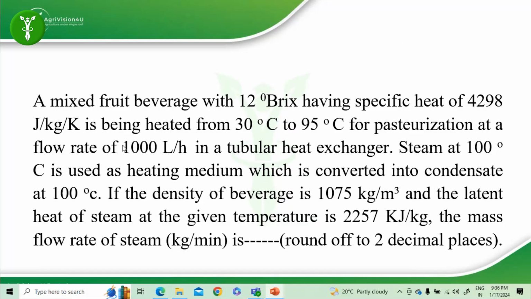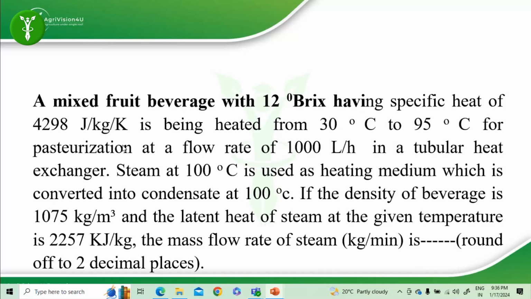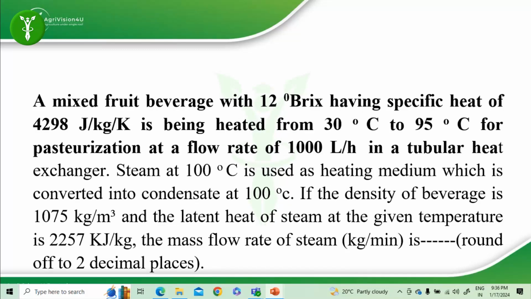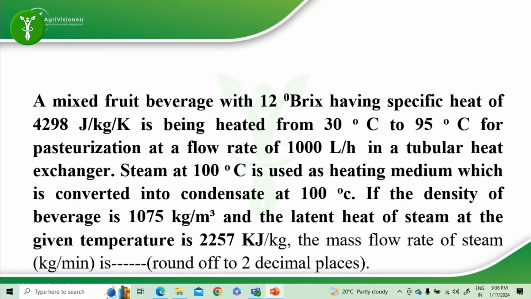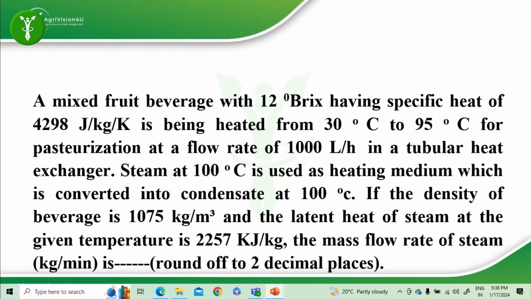So let us just quickly go through the problem statement. We will be focusing more on the solution part. A mixed fruit beverage with 12 degree Brix having specific heat of 4298 joule per kg per Kelvin is being heated from 30 degrees Celsius to 95 degrees Celsius for pasteurization at